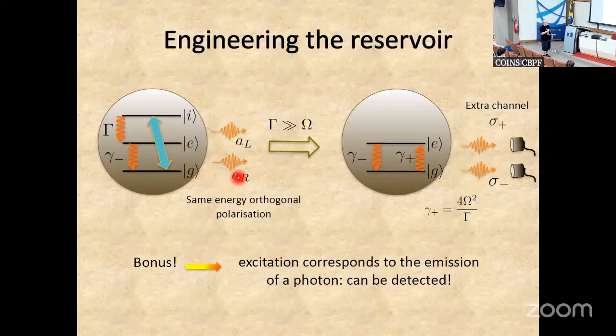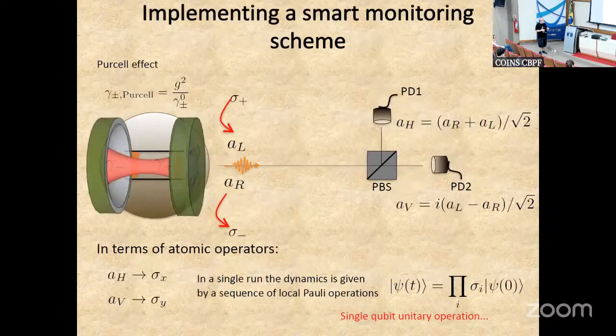If I detect a photon of this type, I attribute gamma minus. If I detect a photon of AL type, I attribute gamma plus. So this is a way to build an artificial temperature for my qubit. Remember that now I am increasing noise. I'm adding noise to my dynamics, right? However, I'm adding noise in such a way that if I have a way to combine the detection of AL and AR, I actually can implement sigma x and sigma y as my jumps.